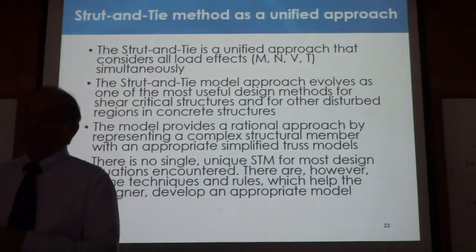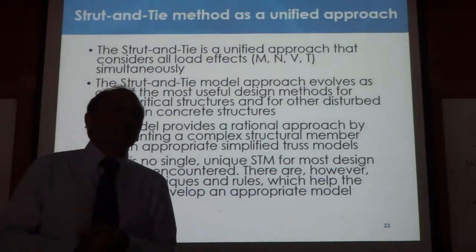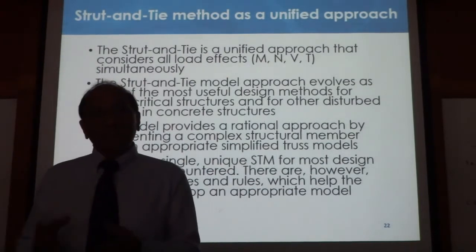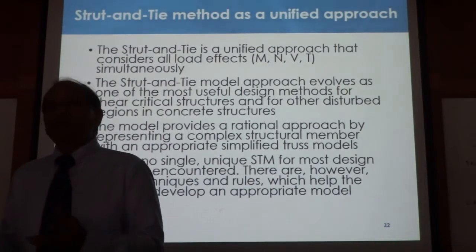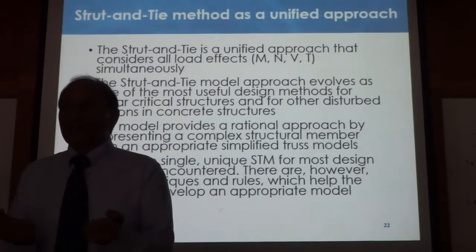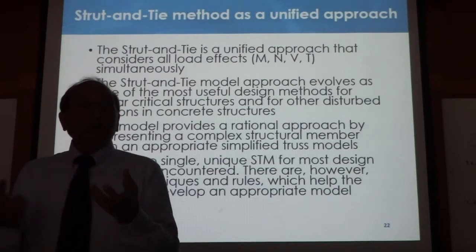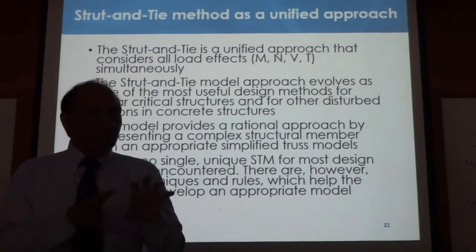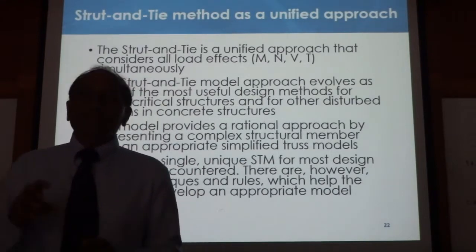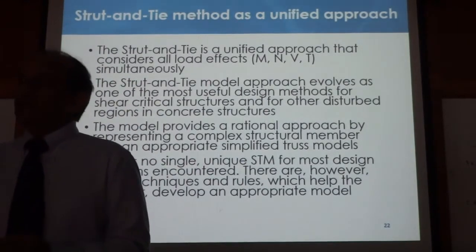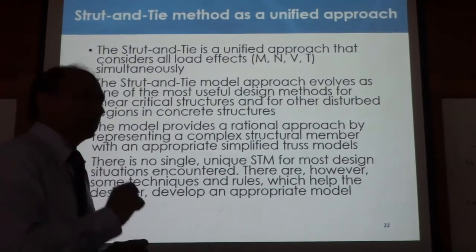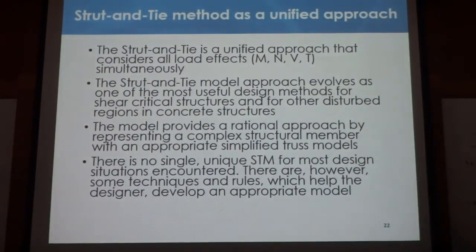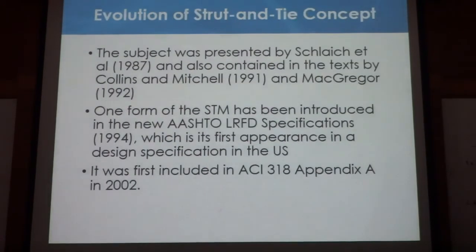It is not unsafe to assume that all concrete in tension is gone, and all compression is taken by concrete and all tension by steel. But actually steel also takes some compression, correct? Concrete also takes some tension. So our assumption is on the safe side. So if we use this method, we come to a simple solution yet safe, right? That is what we call lower bound.